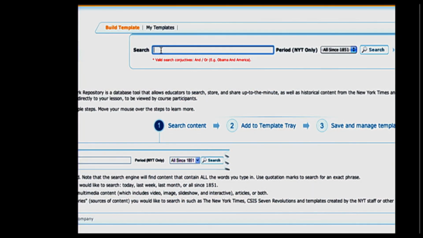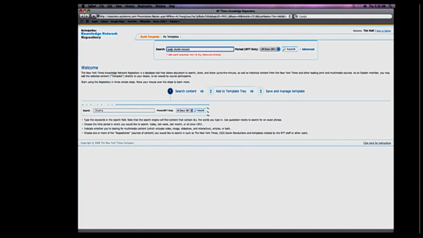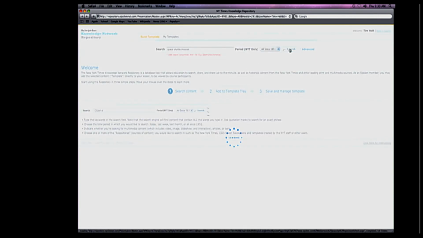So I'm going to type in something called Space Shuttle. Space Shuttle is kind of interesting to me. And maybe Space Shuttle missions. I'm going to type that in. Remember, when you're doing any kind of search, whether it's on Project Share or in Google, the more words you add, the narrower your search, and you don't end up with 10,000 hits every single time. We've got a pretty wide search going all the way back to 1851. So I'm going to click on search, and I may actually end up with 10,000 results here.